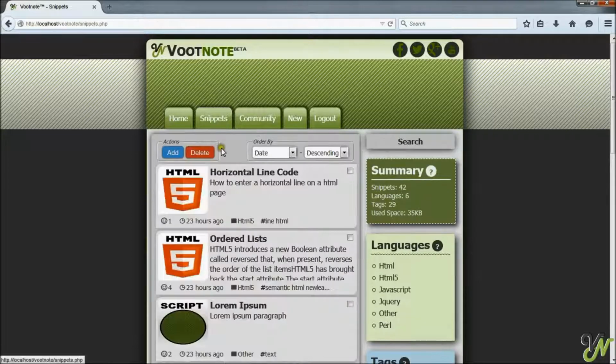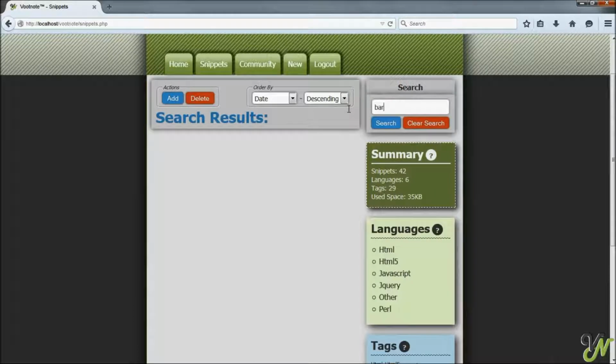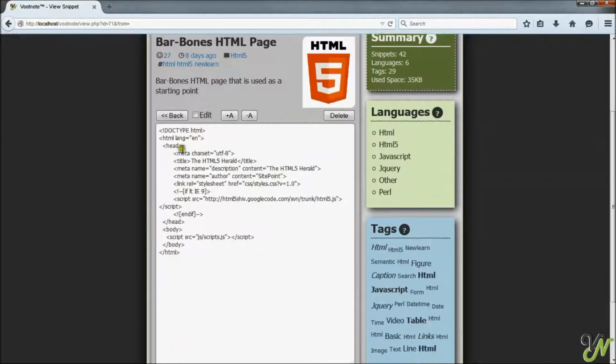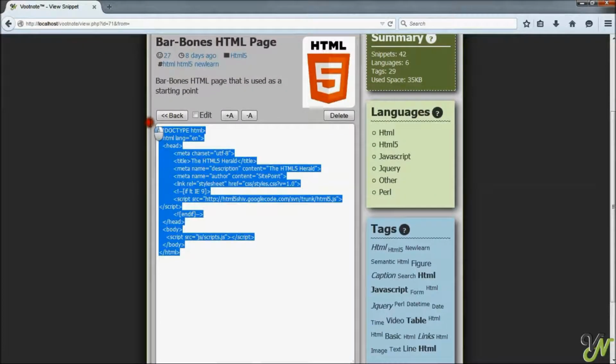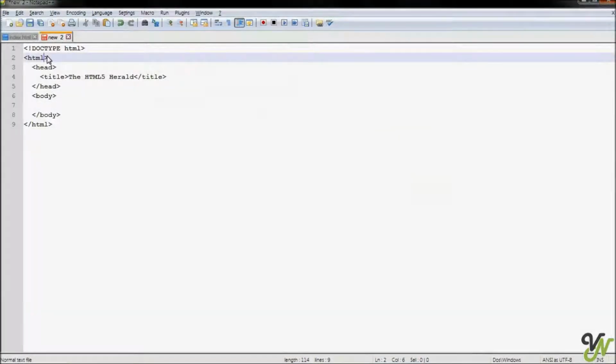On the snippets where I saved it, I'm going to search for bare bones. And as you can see, it appears there. Click on it, and that's a basic structure of an HTML page. I'm going to copy and paste it in our code, and as you can see, that's the advantage of footnote. We don't have to keep on typing the same thing over and over again. So let's save this